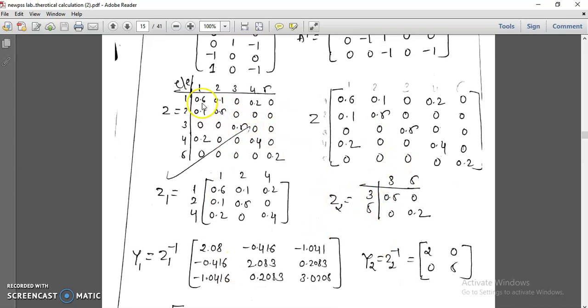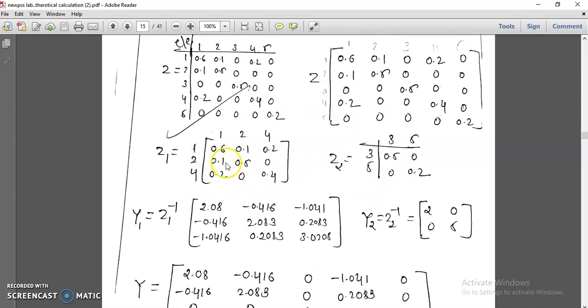How will you divide? I told you in the first problem: while taking any element which has the maximum number of values, take that matrix. The first element has 0.6, 0.1, 0.2, 3 values. The second element has 2 values. And if you check the fourth element, 2 values, 0.2, 0.4. I will take 1, 2, 4 on one side, and the remaining 3, 5 I will take, 0.5 here, and the fifth one is 0.2. So 3, 5 I will take. I will divide matrix Z into 2: one is Z1 and the other is Z2. This is Z. Okay, we have divided. All values are included in both matrices.